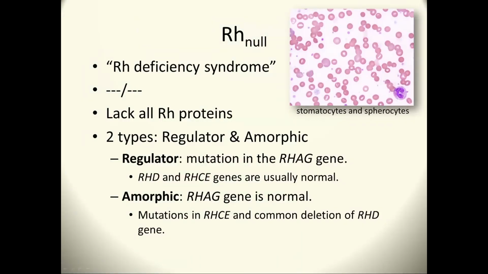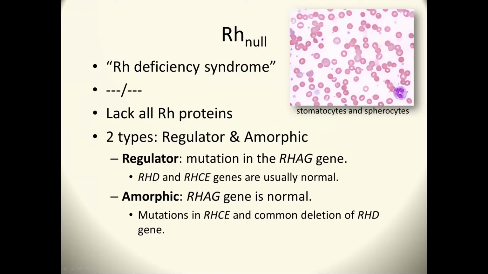Individuals with the Rh null or Rh deficiency syndrome lack all Rh proteins. And there are two known causes of this rare phenotype, the regulator and the amorphic type. In the regulator type, the RHD and RHCE genes are usually normal, but there is a mutation in the RHAG gene. Remember, the function of the RHAG gene is as a co-expressor, and it must be present for successful expression